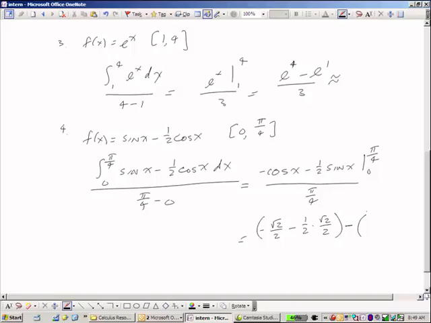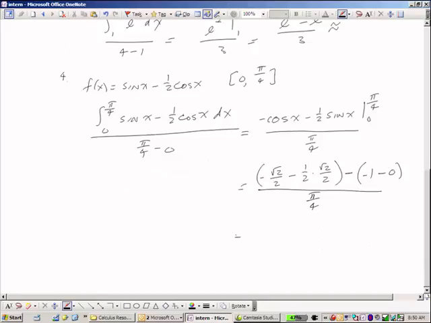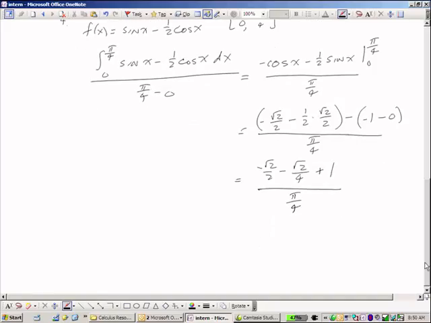All right, so cosine of 0 is 1, so that's negative 1 minus the sine of 0 is 0, all over pi fourths. This looks like a fraction nightmare. Negative root 2 over 2 minus root 2 over 4 plus 1, all over pi fourths. Alright, this is not going to be bad because we're going to get a common denominator. I think it'll be okay. Common denominator in the top,